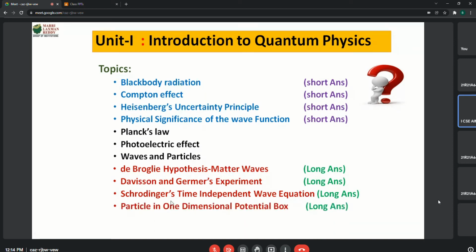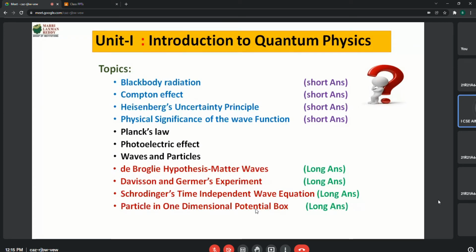And in the final exam, whatever the red color topics are there, many times they were asked as under the long answer question. Particle in a one dimensional potential box, eigenvalues, eigenfunctions: derive eigenvalues and eigenfunctions, formulate eigenvalues and eigenfunctions. Deriving is nothing but formulating. What is that formula? You are deriving that thing by taking a particle which is moving in a one dimensional